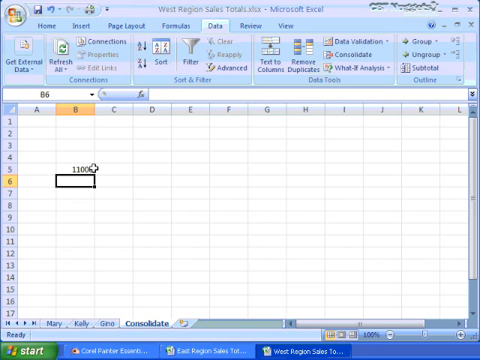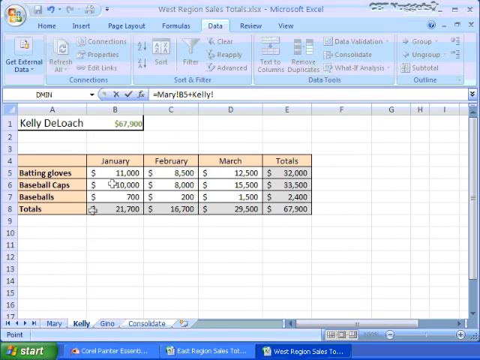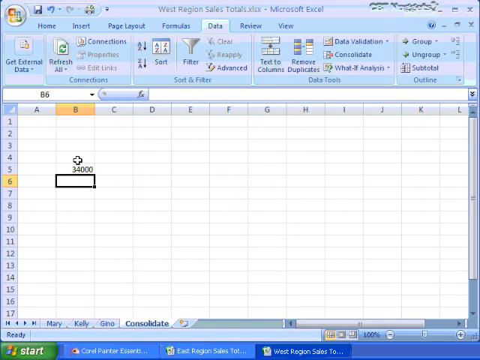Well, that's well and good, but I'm not consolidating anything here, am I? To consolidate, I can simply add information together. I'll click plus on my keyboard, and now I'll go grab Kelly's information. And here's my working formula up here. I'll click plus. This time I'm going to go to Gino's tab and choose B5. Now I can click enter, make sure that this formula